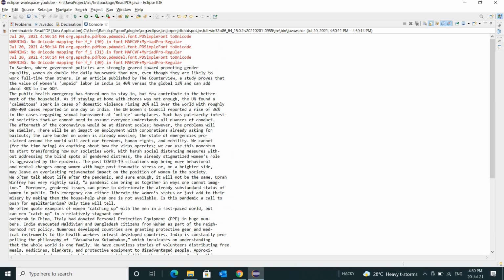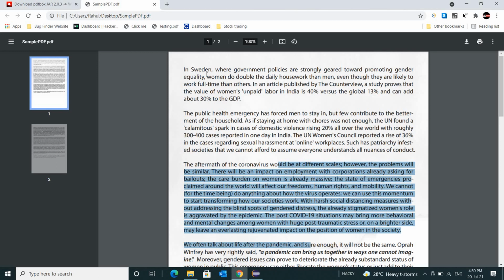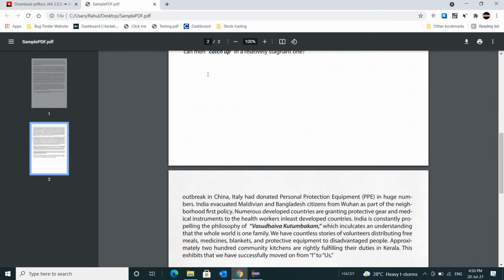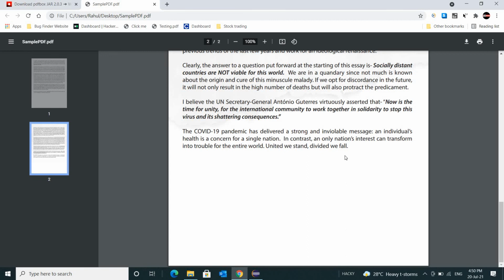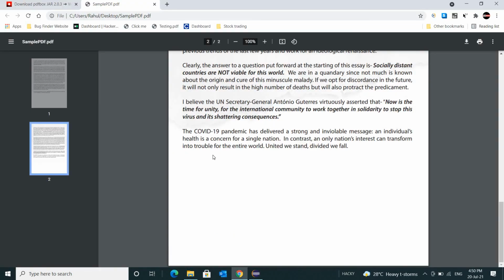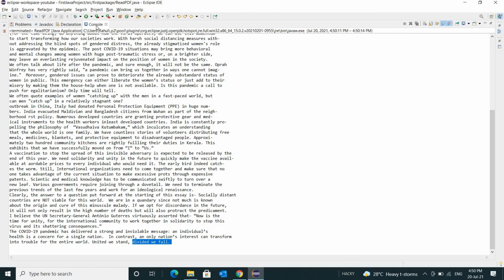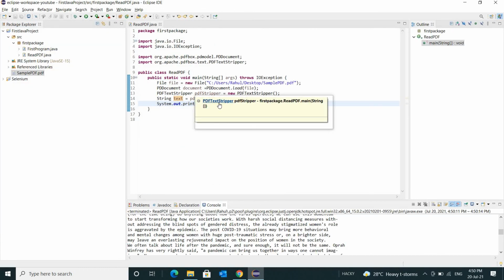You can see that it starts from "In Sweden", and it ends on "divided we fall". See, so this way we can print all the data on a console.